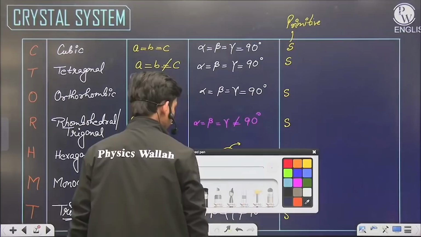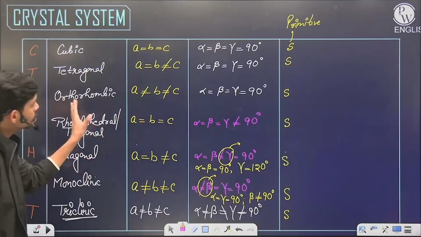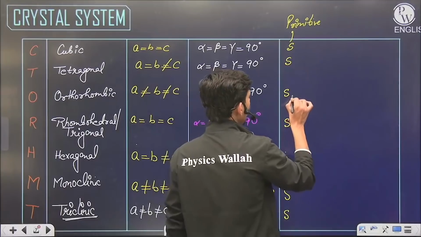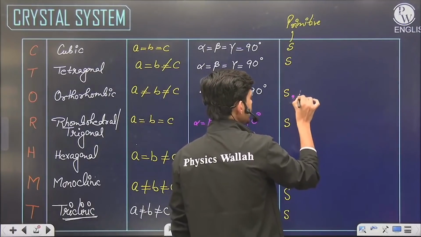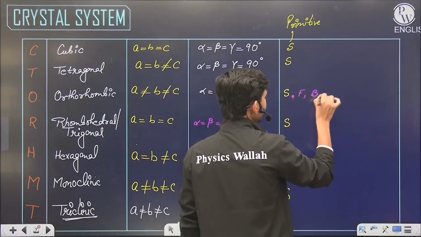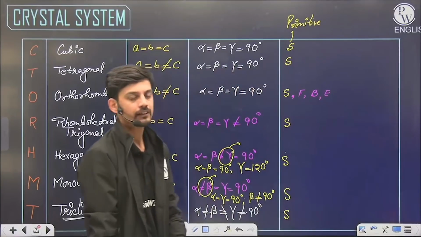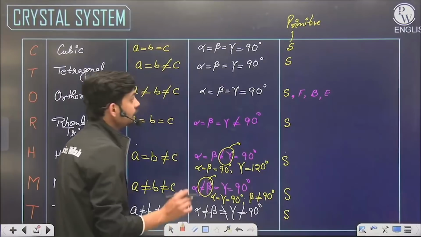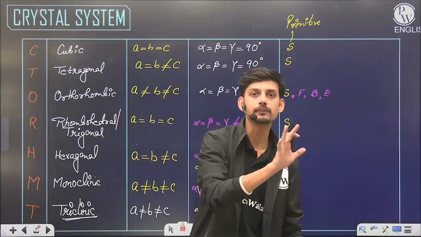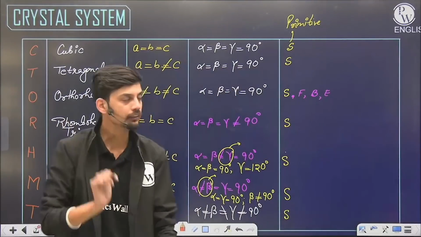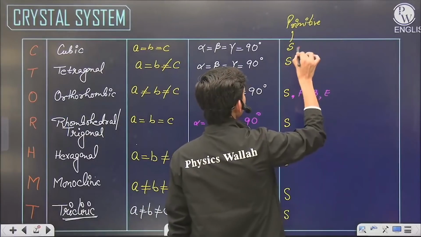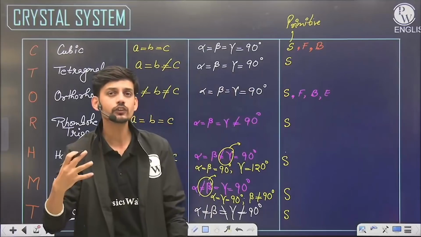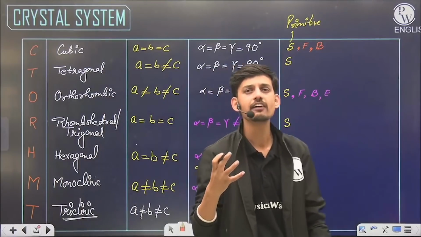Now the second thing that we have to learn is only orthorhombic. The most cuboid crystal system is the one in which all 4 packings are present: simple, face centered, body centered as well as end centered. And the cube is discussed throughout the chapter. For the cube it is easy to learn that it has only 3 packings: simple, face centered and body centered. Now the question arises, why can a cube not have end centered?